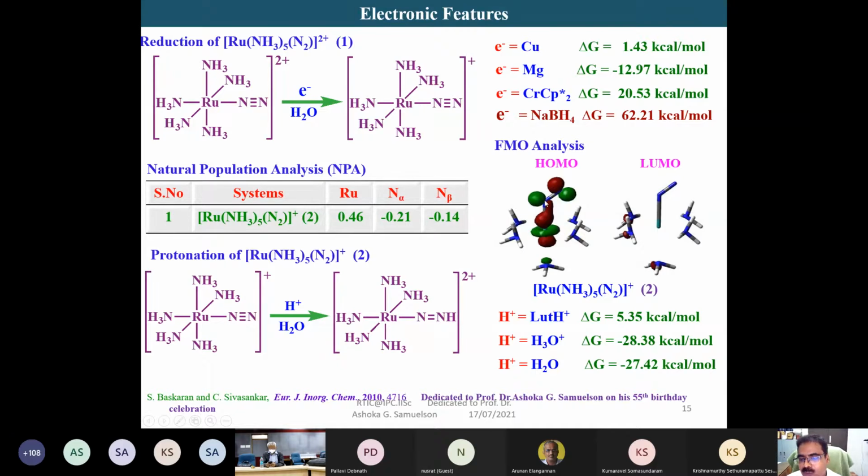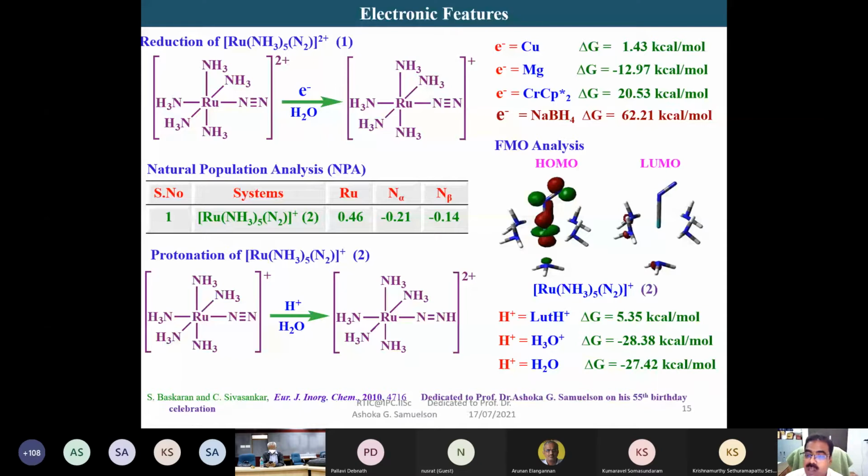Now the dinitrogen almost is getting a hydrogenic character. And noticeably you can see here there is a contribution from the dinitrogen to this HOMO. And thus when you add a proton to this, probably it can react with the dinitrogen. Although you see the contribution from the metal center, when the proton reacts with the metal center, it should oxidize